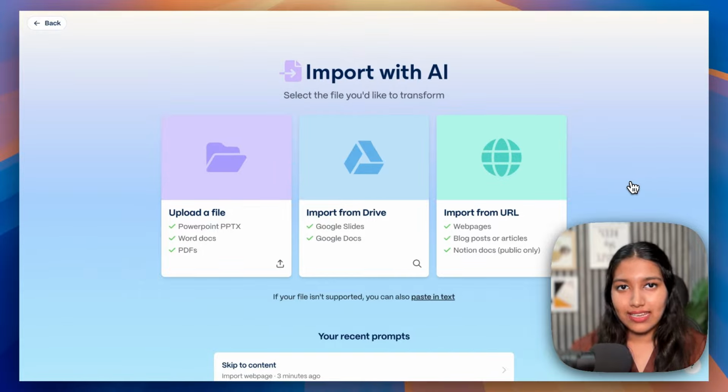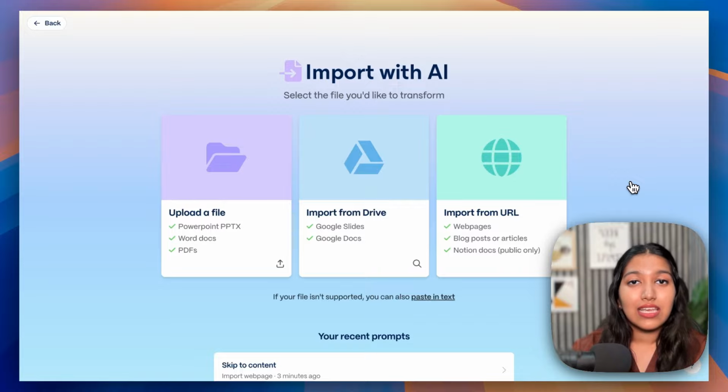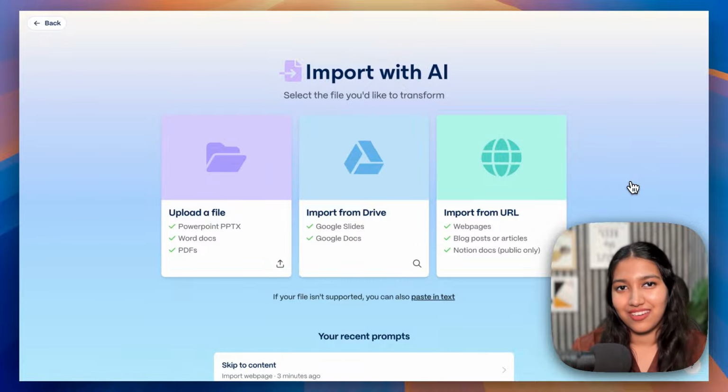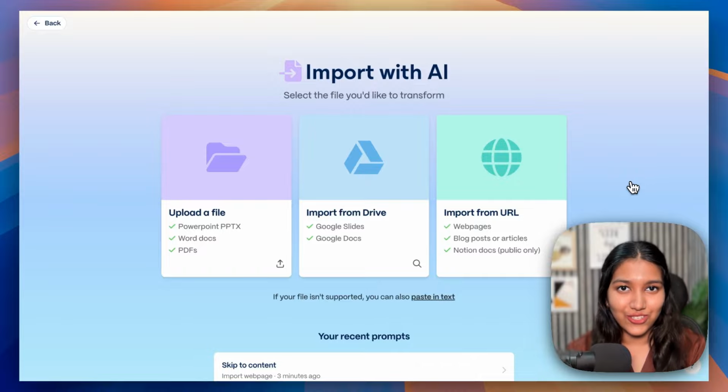Gamma is really good at adding bar graphs and pie charts, etc. to your presentations, documents, etc. And that can even add a data analysis point of view to your presentation. So let's say in your document, you had some numbers here and there. What Gamma can do is actually do some data analysis and get you those pie charts and bar graphs. So again, surely you should look into it.